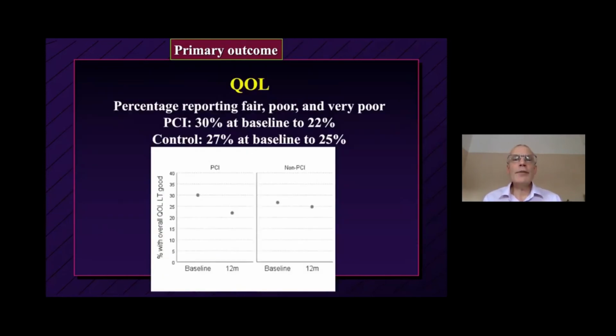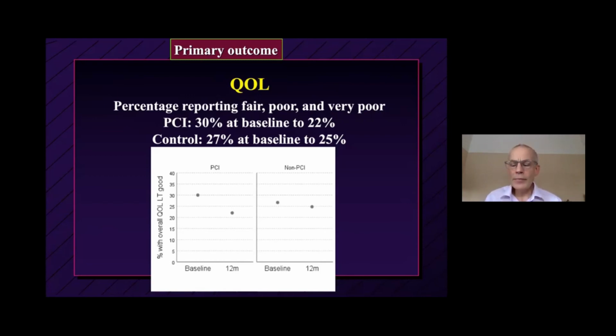In terms of the primary outcome, percentage of patients reporting fair, poor, or very poor quality of life, there was a difference between the two groups, with 30% at baseline in the PCI dropping down to 22% at the 1-year time point, compared to 27% in the control group, dropping down 2% at